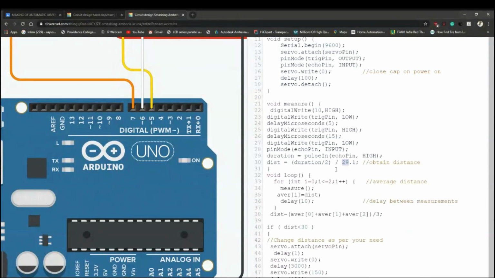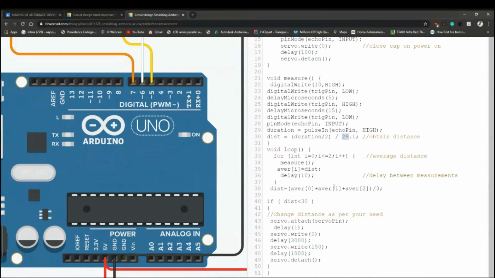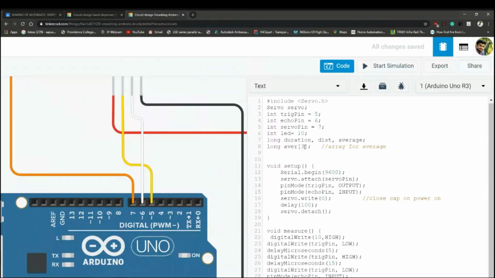We know the basic equation for finding the distance: distance is equal to time by speed. By using that equation we'll find the distance, and then we'll find the average distance. For that we need to include an array, and that's why we have included an array over here.